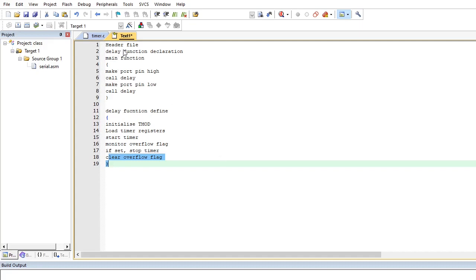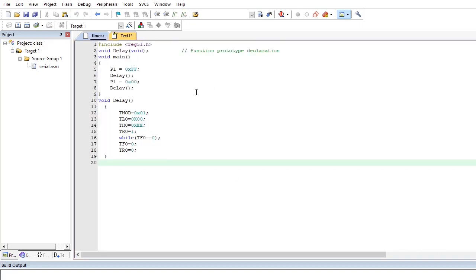Okay, so here I'll show this is your structure, and I will show the main program. Here your header file and your delay function, your main function, port pin is high and then it is low. Here the delay function is called. Whenever the delay function is called, it will go to the delay value.